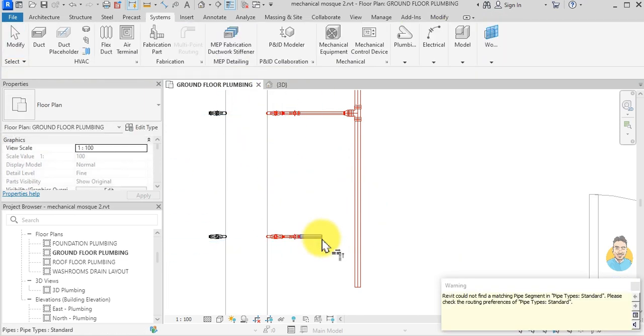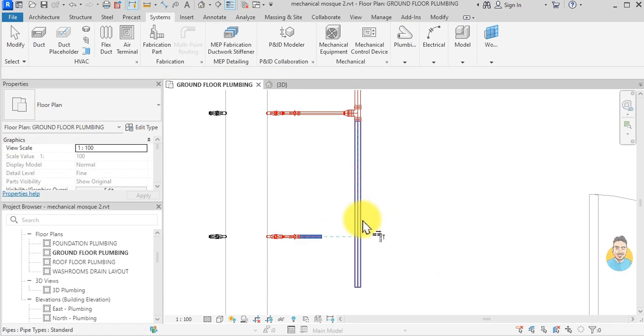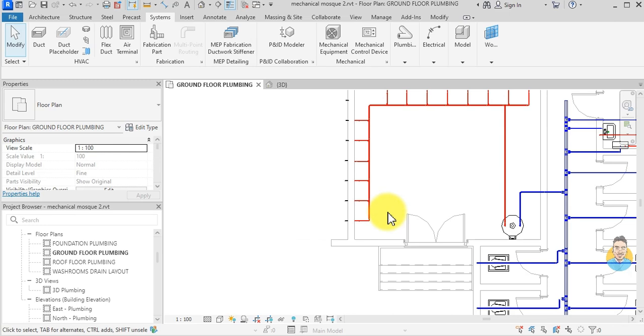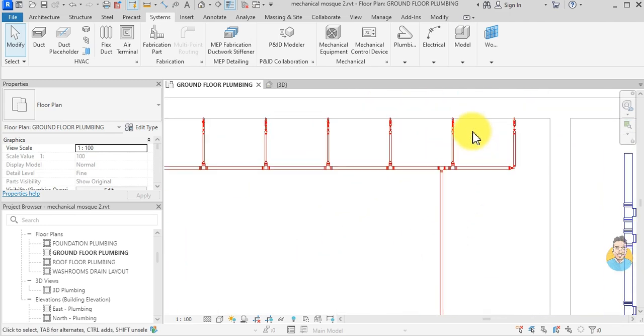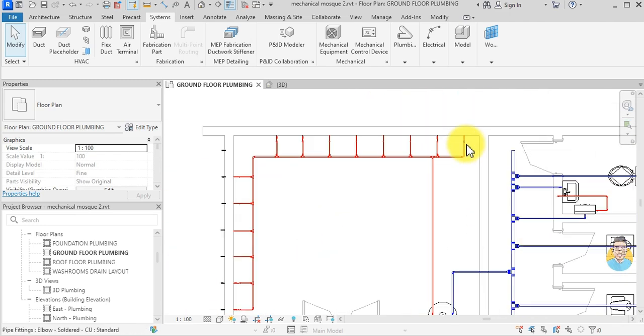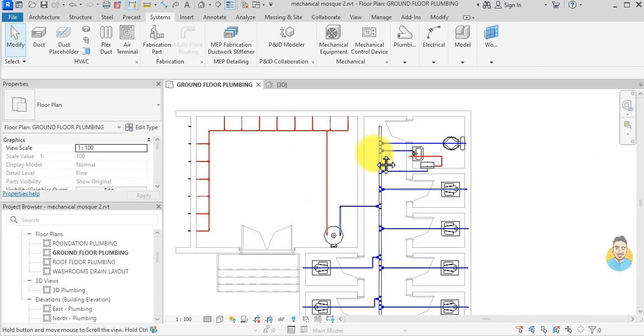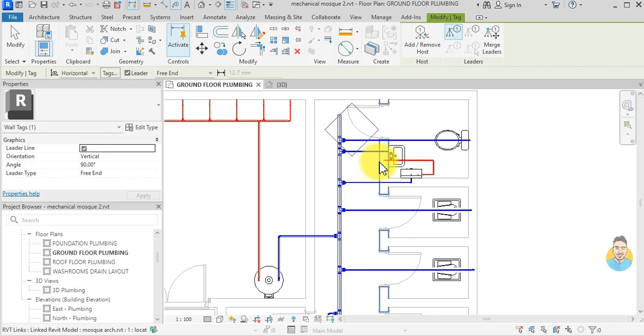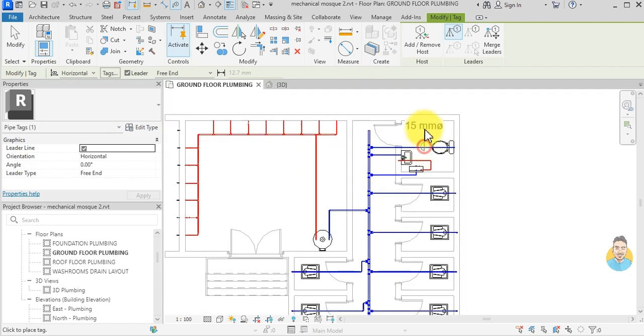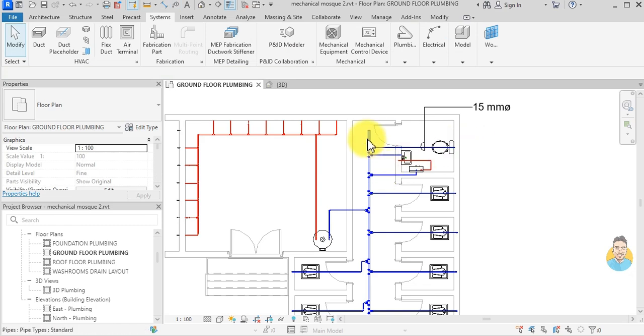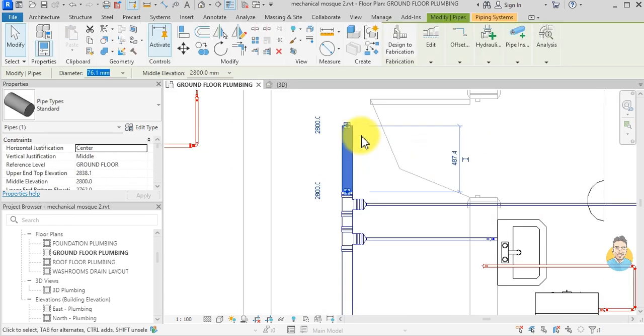Here and then TR for trim, and this is of course the ones, the real hose bibs will have cold and hot, but we can consider them to be only hot. So TG for tag, and I can tag all my pipes. Also the domestic cold water doesn't have a